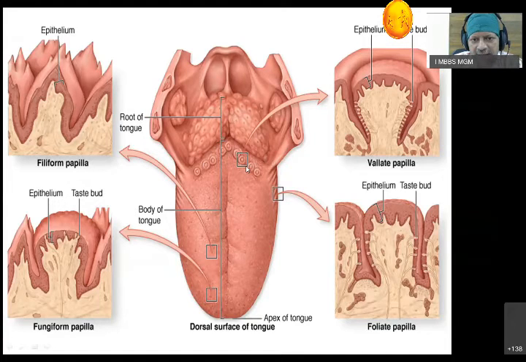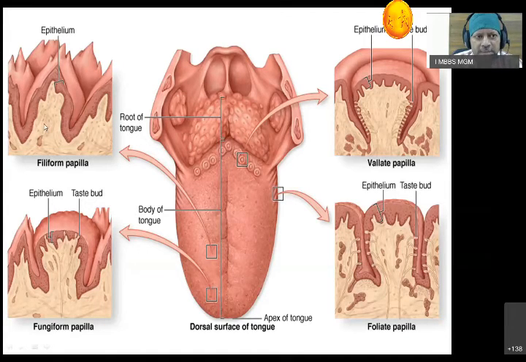These papillas are formed because of ingrowing of the epithelium. So the surface or apical surface of this papilla doesn't project outside the tongue, and that is what we call circumvallate papilla. Why circumvallate? Because there is a groove on the round side and there is some elevation, but that elevation will not cross the surface of the tongue.